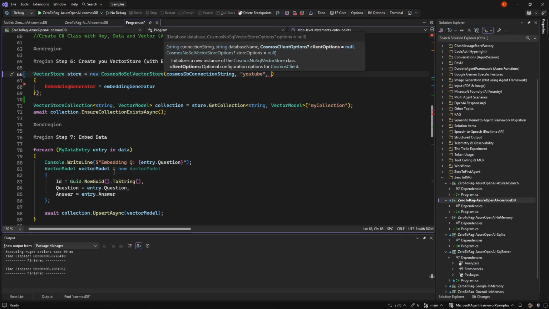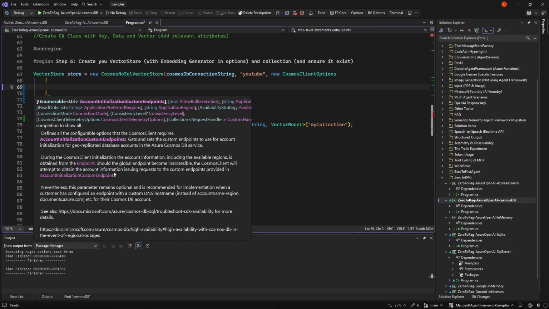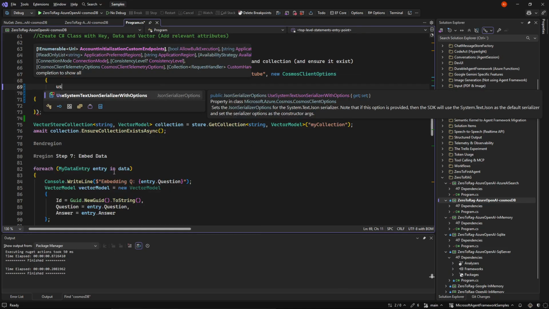We also need a Cosmos client options, so we need a new of that. And the thing we need to set here is use system text JSON serialization with options. If we don't tell that, it will complain saying, hey, you need to set this.